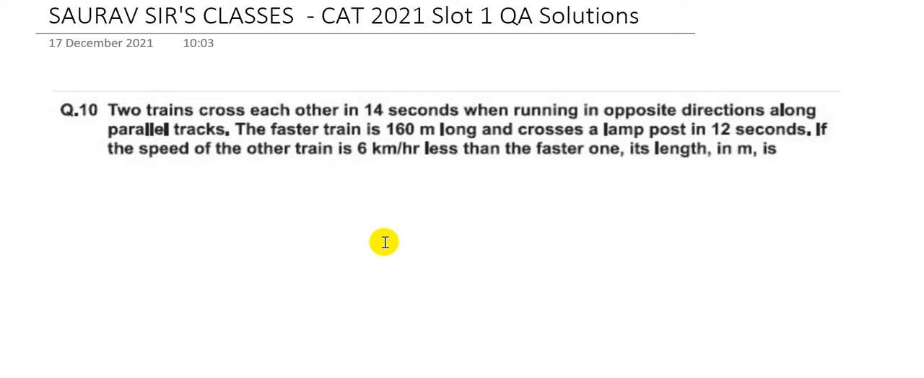We come to question number 10, which says two trains cross each other in 14 seconds when running in opposite directions along parallel tracks. The faster train is 160 meters long and crosses a lamppost in 12 seconds. That means the speed of the faster train is 160 by 12 meters per second, which would be 40 by